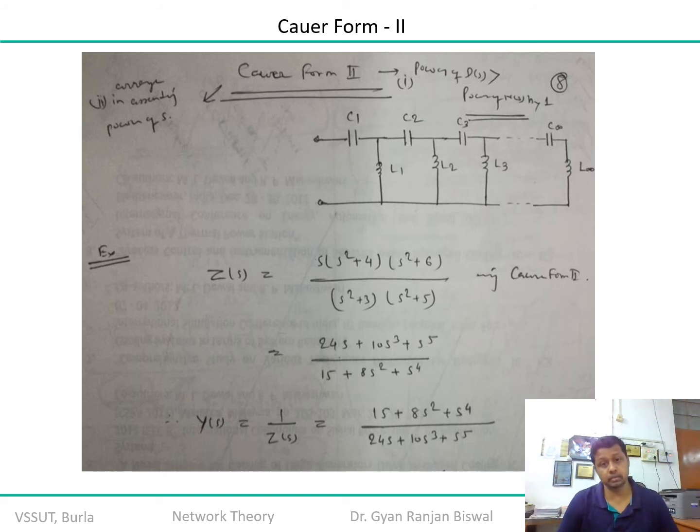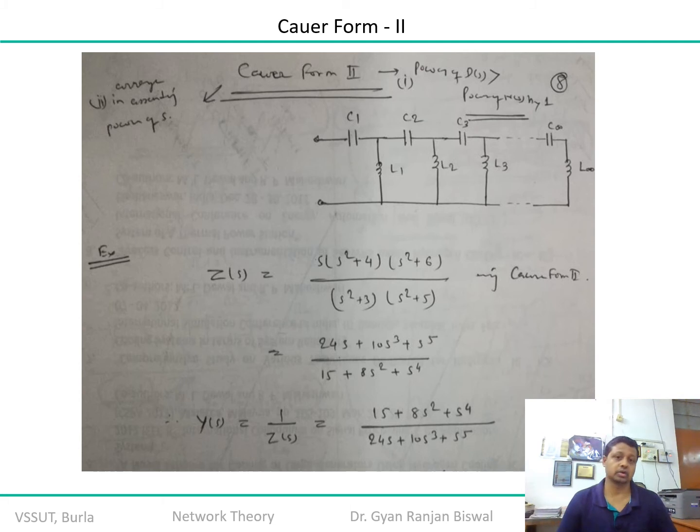So in this form you conclude that Cauer form 2 cannot be realized. Okay, and if you want to realize it, then what modification do we need to do? Because the requirement is that the power of the denominator should be one higher than the power of the numerator. So can I apply the duality property? Yes. If it is not applicable for the impedance function, let us try for the admittance function. Then the admittance Y(s) is equal to 1 by Z(s). Then you see that the highest order and the lowest order of the numerator and denominator differ by one. So now the power of the denominator is one higher than that of the numerator.